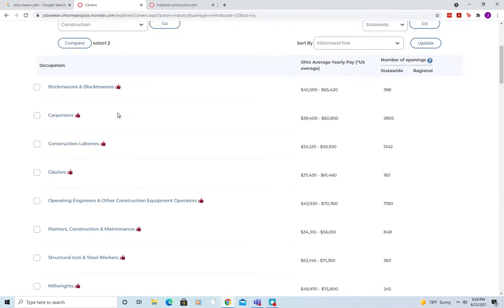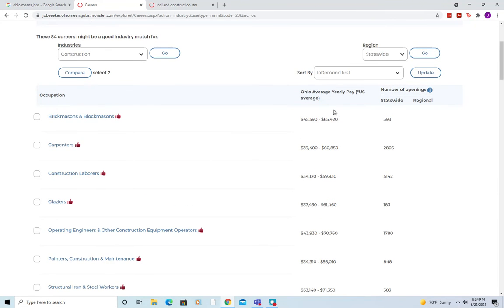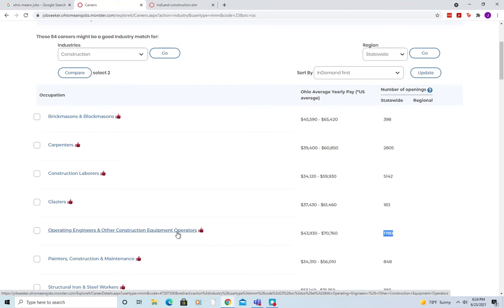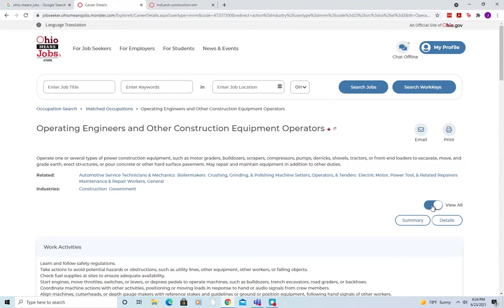This is where you can see in construction the in-demand careers. The thumbs up means that it's growing fast and growing faster than average. You're also able to look at the salary range and the projected number of openings, 1,780 for operating engineers and other construction equipment operators. You can click on that career and click the View All button so that you can